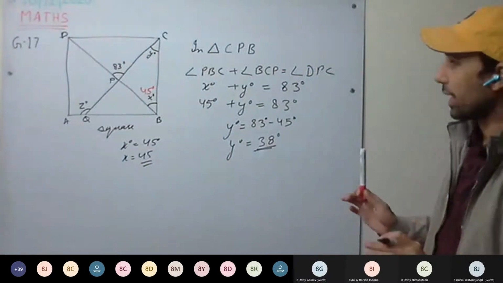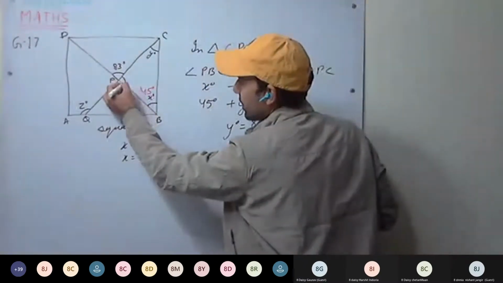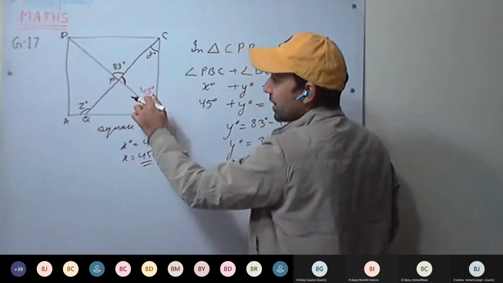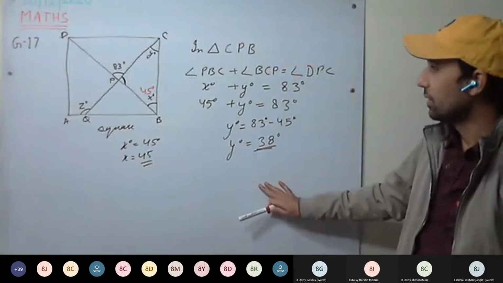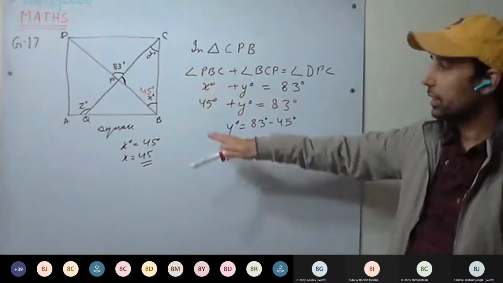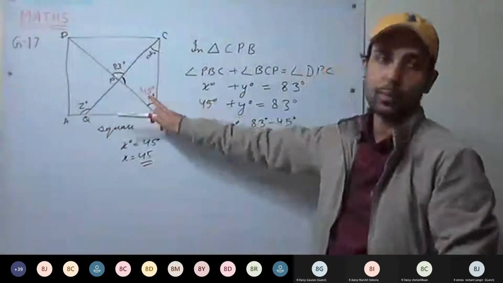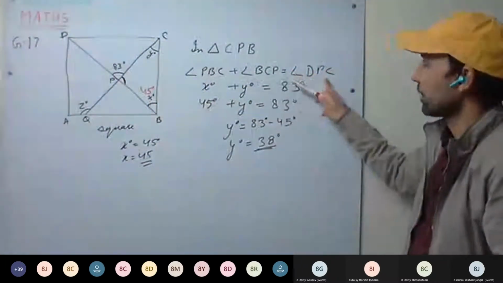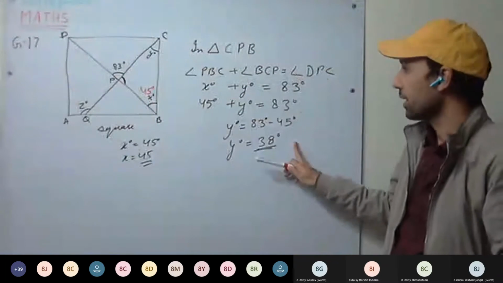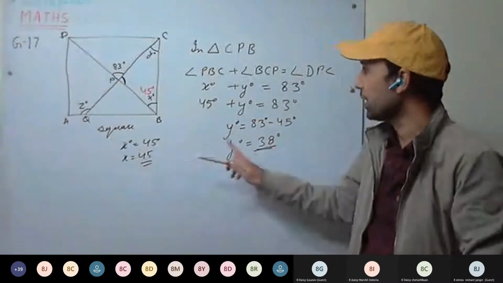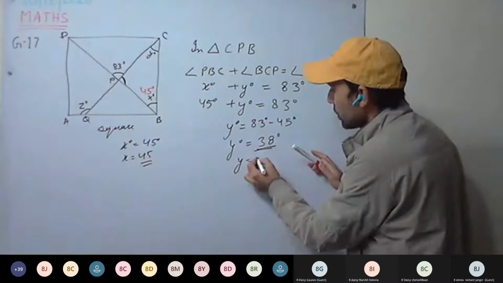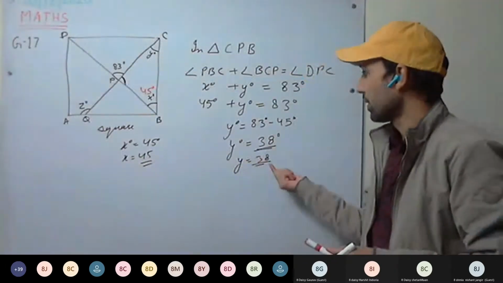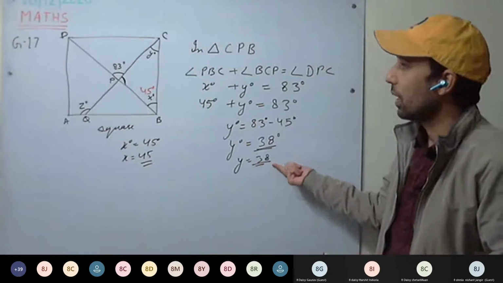Or see here how else you can calculate. You can calculate this angle the other way. Now this is the triangle, angle sum property of the triangle, 180 degree. Both ways are clear. Either the exterior angle property or the interior angle sum property of the triangle. Exterior angle equal to sum of the interior opposite angles we have used here. Clear? Anyone have doubt? So X we have calculated, Y equal to 38, we have calculated Y as well. Understood this one?